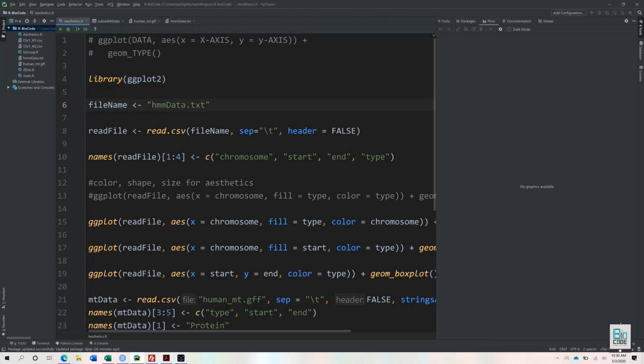So we have initialized our library. Now we need to just declare a file name, which is HMM data, that is available within